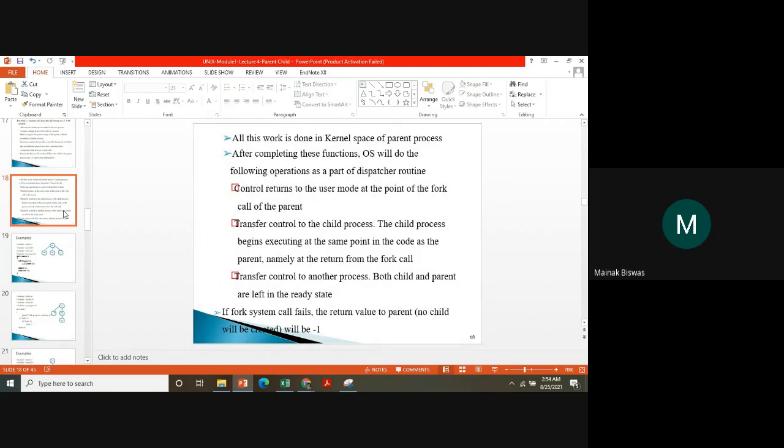So all this work is done in the kernel space of the parent process after completing this function, right? মানে whatever forking you are doing basically of the child processes that are created in the kernel space, so the kernel will do the following operations on the part of the dispatcher. What is that? Control returns to the user mode at the point of the fork call to the parent, transfer control to the child process, ঠিক আছে, মানে control returns to the user mode মানে,